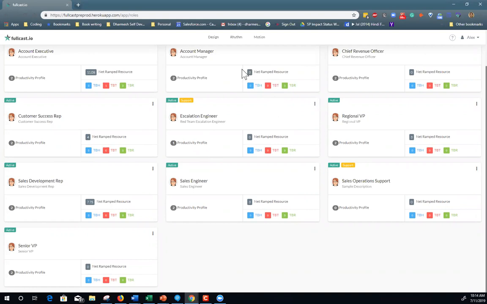So in this case of, say, an account manager role, I can see that I don't have anybody fully ramped yet. It's 0. But I also have a few other things. I have how many people are in the to be hired category, or to be transferred category, or to be replaced category. So this gives ops people a full view of all the headcount they have across the company by role.